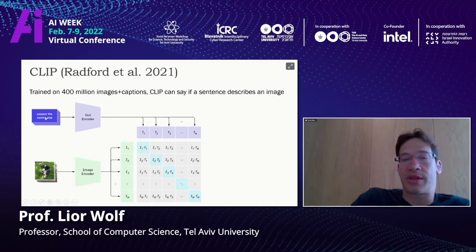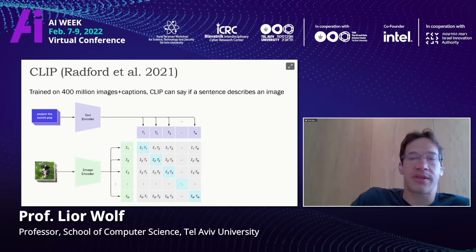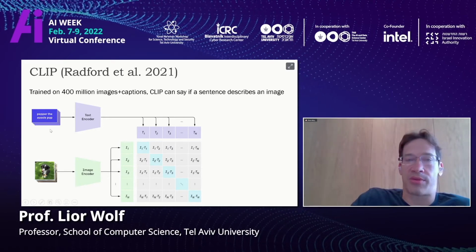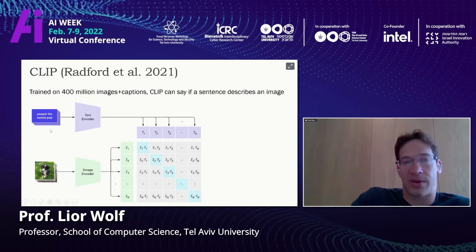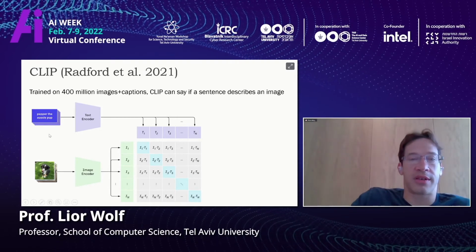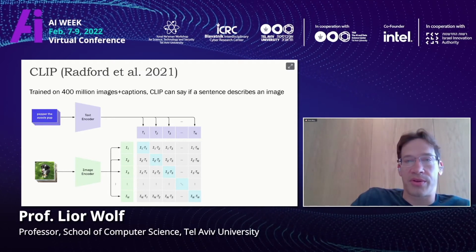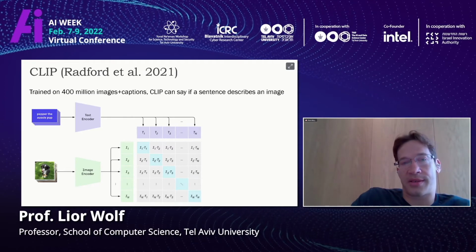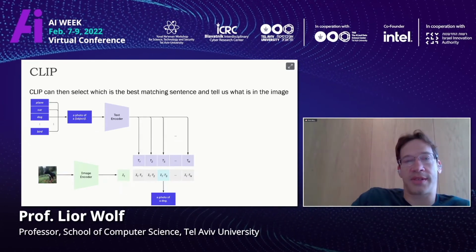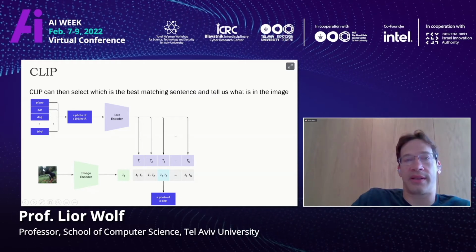And you build a machine that, given an image and a sentence, gives you a score. If the score is low, the image does not match the sentence. If the score is high, the image and the sentence match each other. The sentence describes the image. So how can you use it to perform new tasks? The simplest way is for classification. There's an image over here, you want to know what's inside the image.